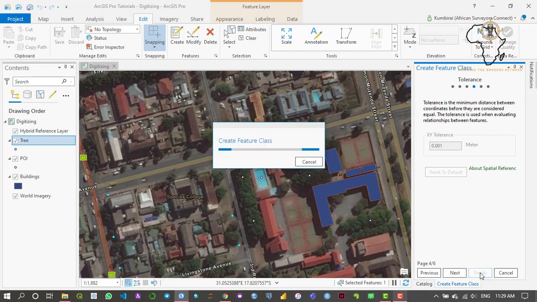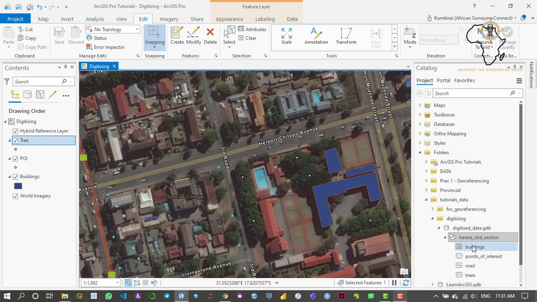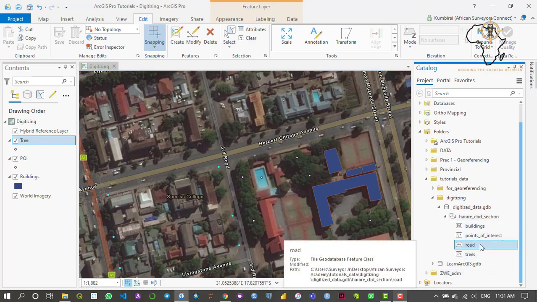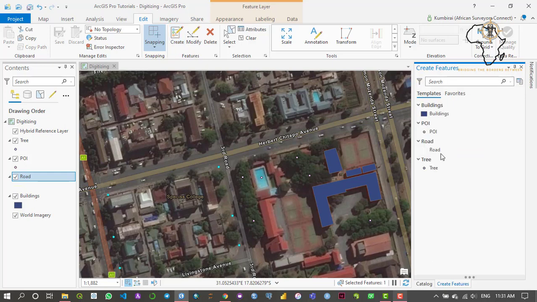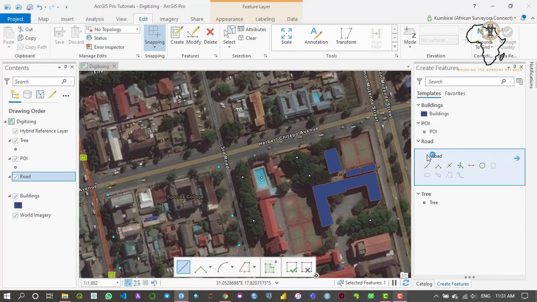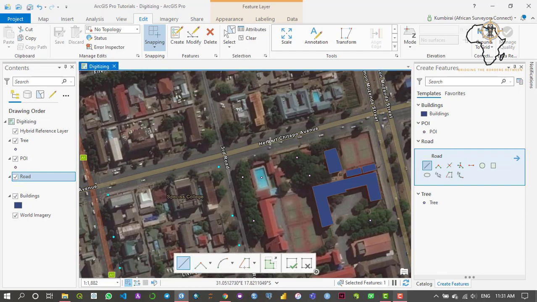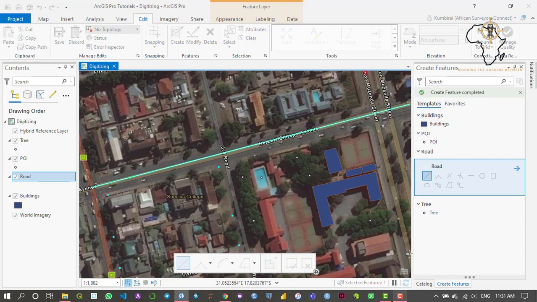This time we're going to be digitizing the roads which appear on our imagery. So we have created our road feature class. We're going to add it again to the current map so that we enable editing on the feature. Then we navigate to create. This time we're going to be selecting road, and it's going to be a line. So I'm just going to start at this corner section, draw a straight line, and end it at that point, and then I'll click OK. Then I click on this section again, and click OK,